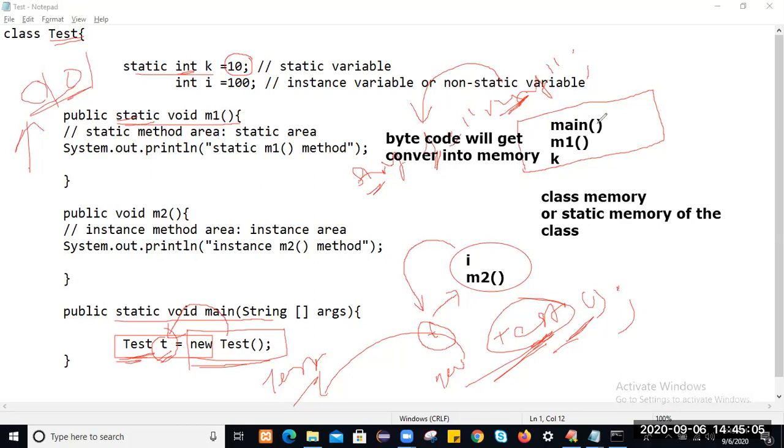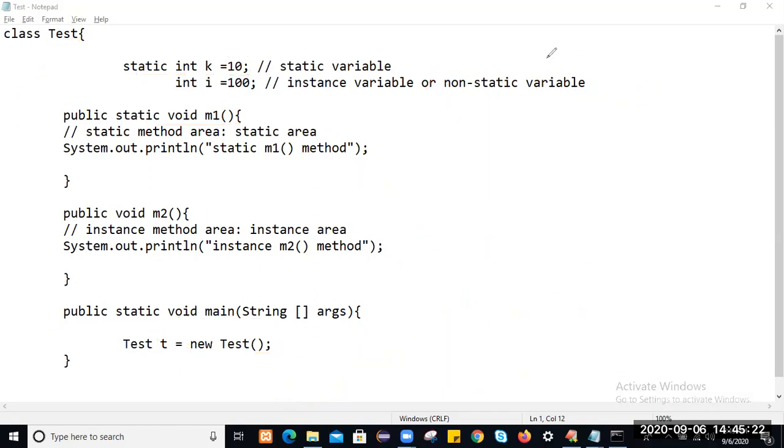And for instance members of the class, when you start execution at the main method and create an object at runtime, the moment you create the object, the instance members of the class will get loaded into this object. Then only can we access static members and instance members of the class in Java. Now, how to access? To access instance members of the class, we access them on this memory address. Small t is the reference variable name which holds the memory address of this object.